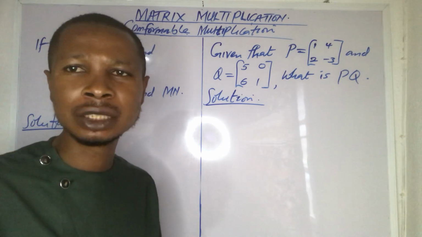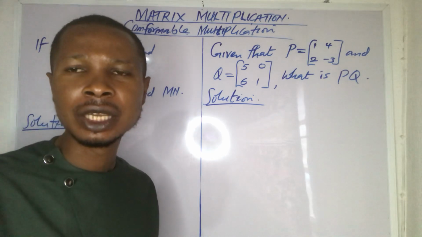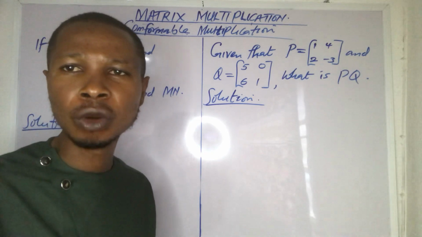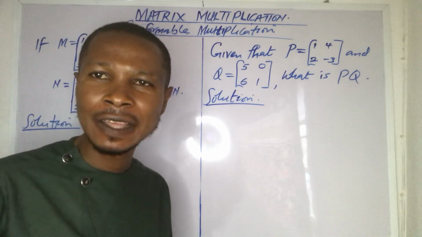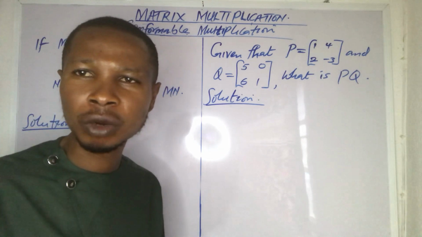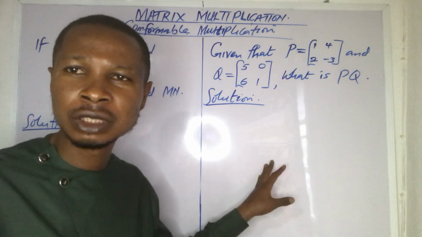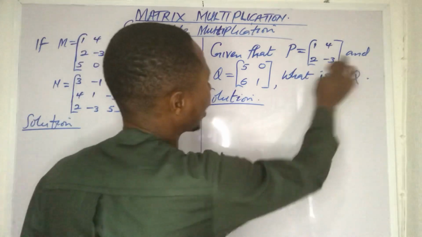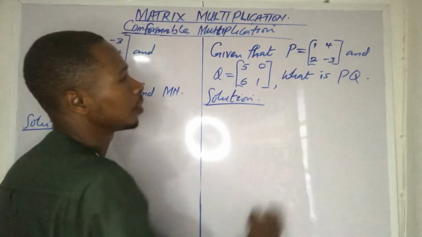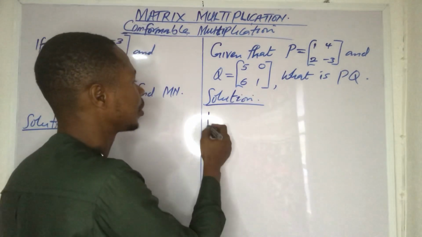This is when the row of the first matrix is being multiplied by the column of the second matrix. Let's do these examples. Given that P is equal to this one and Q is equal to this, what is PQ? So you have PQ